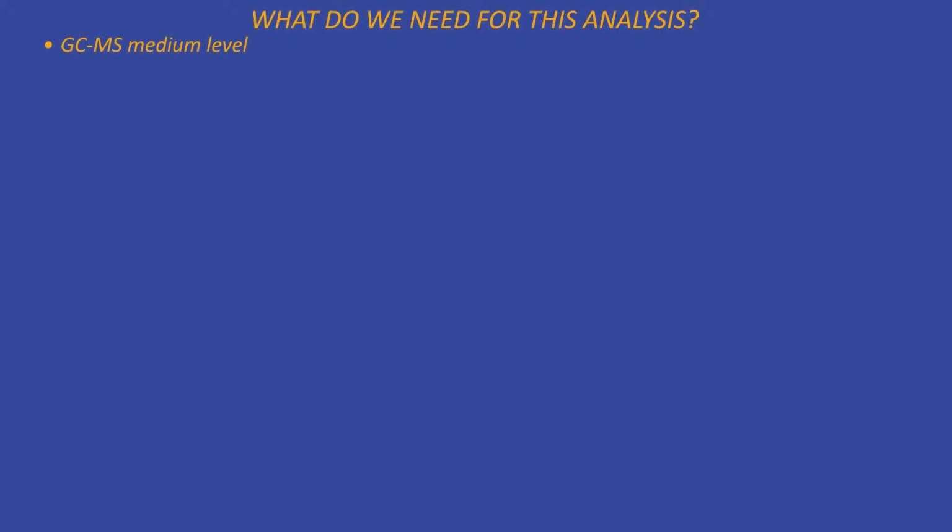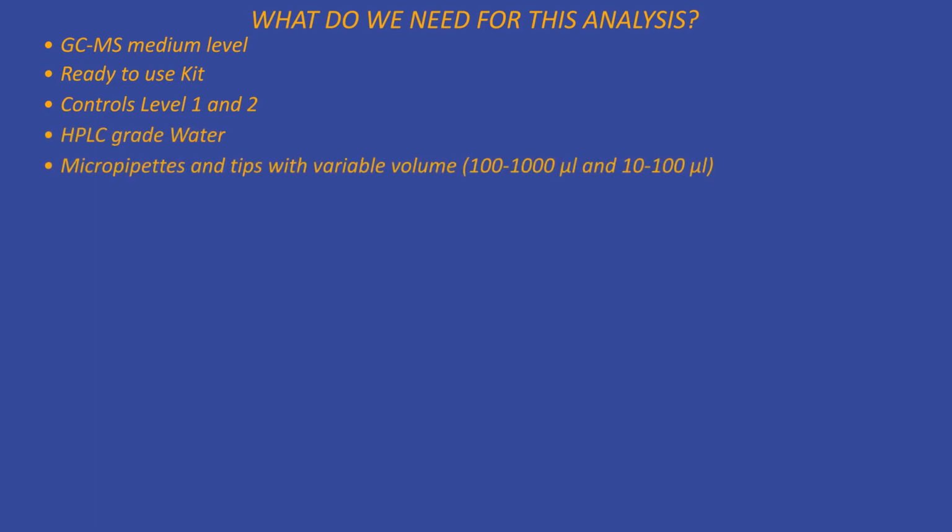GC-MS medium level, ready-to-use kit, controls level 1 and 2, HPLC grade water, micropipettes and tips with variable volumes, standard vials, glass volume reducers for vials, caps for vials,